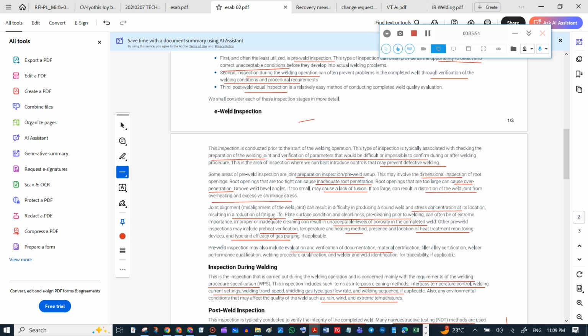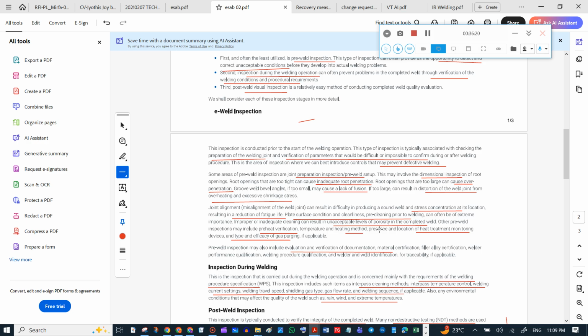So reduction of fatigue life will occur if the joint alignment is not correct. What will happen? There will be stress concentration at this location, and it will reduce the fatigue life. Then plate surface condition and cleanliness: pre-cleaning prior to welding is important because inadequate cleaning can result in